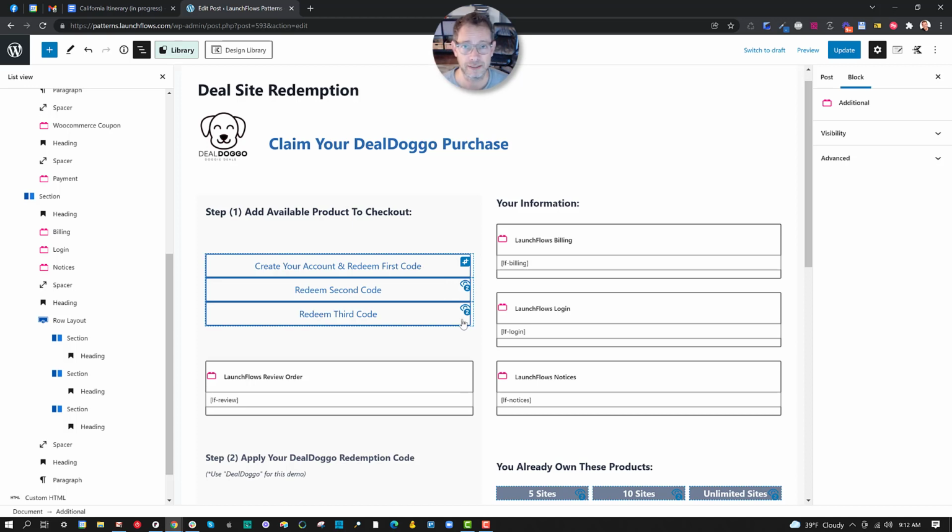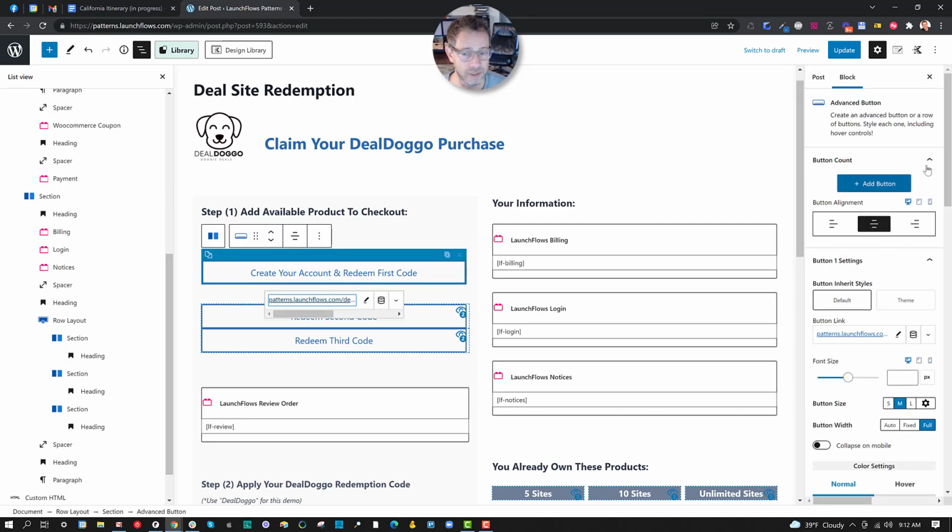The product is a variable product. And when you purchase the first variation, which is the 5 site, you get a tag. And let me just show you what that looks like real quickly. If I go over to this button,